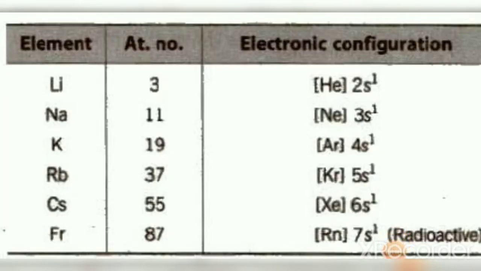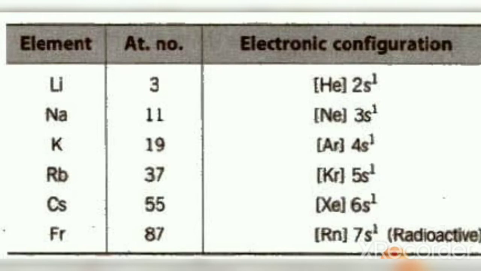Consider the electronic configuration of elements group wise. First, consider the group 1 elements. These elements are also known as alkali metals, and the elements are lithium, sodium, potassium, rubidium, cesium and francium. These elements have one electron in their outermost shell or valence shell. You know that since these elements have one valence electron, they are considered as group 1 elements.